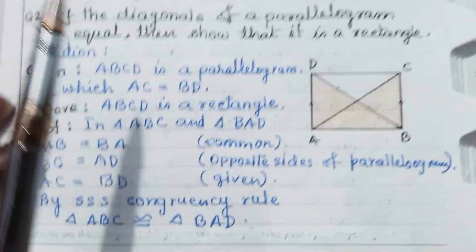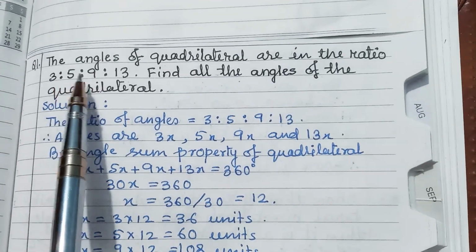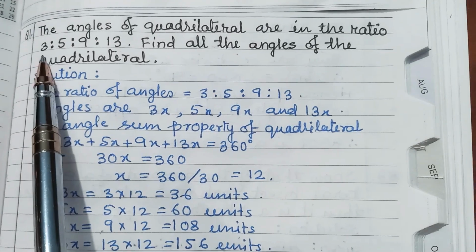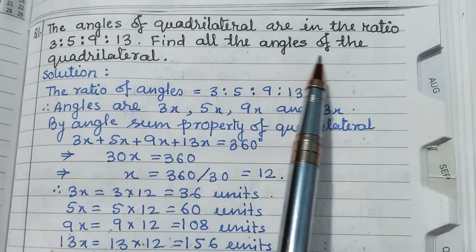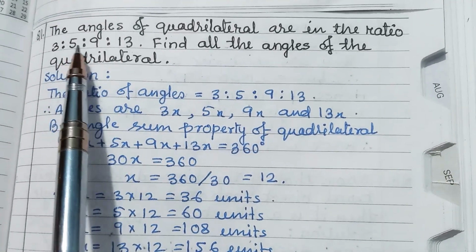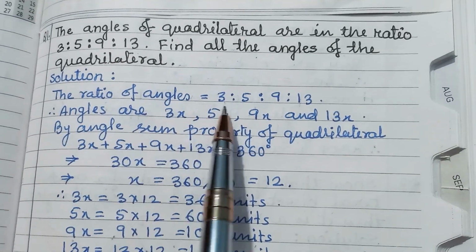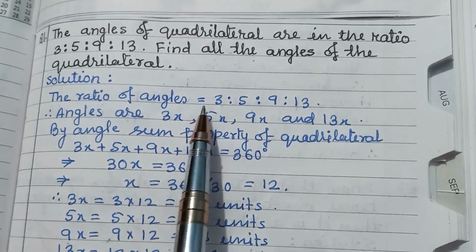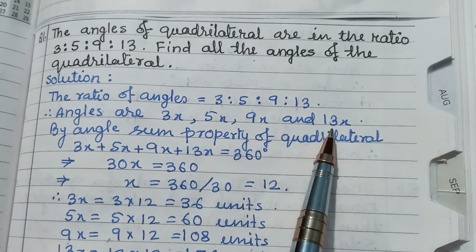Now let's start exercise 9.1 from the first question. The angles of a quadrilateral are in the ratio 3:5:9:13. Find all the angles of the quadrilateral. We know by angle sum property, the sum of all four angles is 360 degrees. If you multiply the ratio by a constant x, you get individual values, so 3x, 5x, 9x and 13x are the four